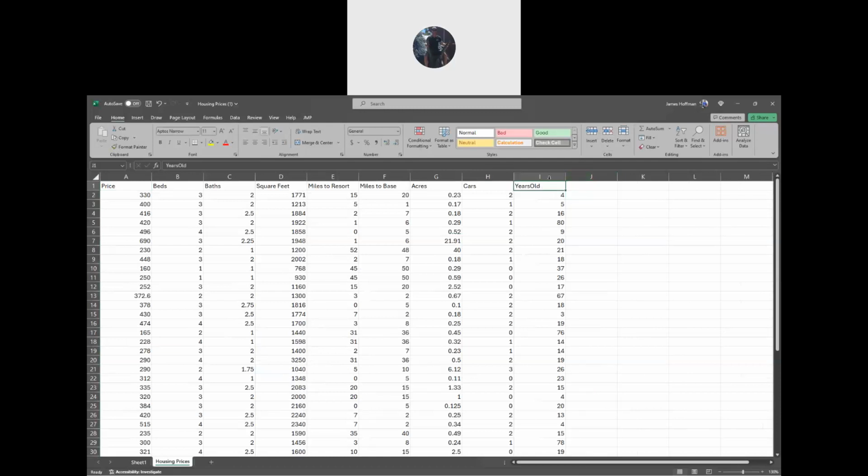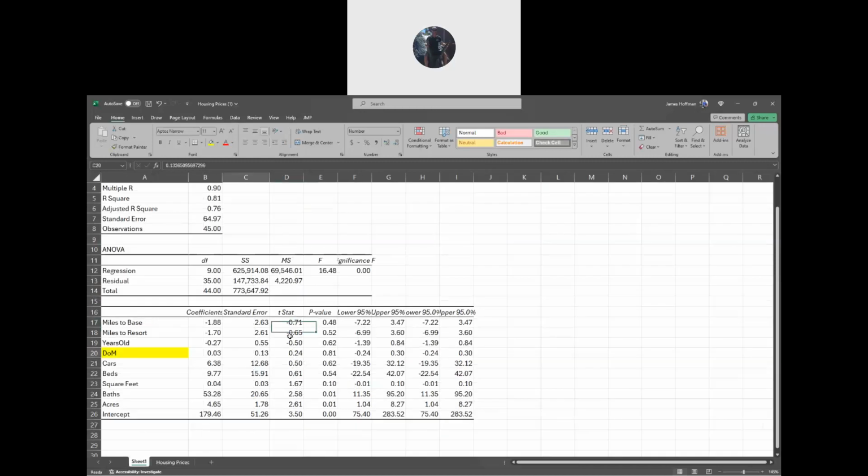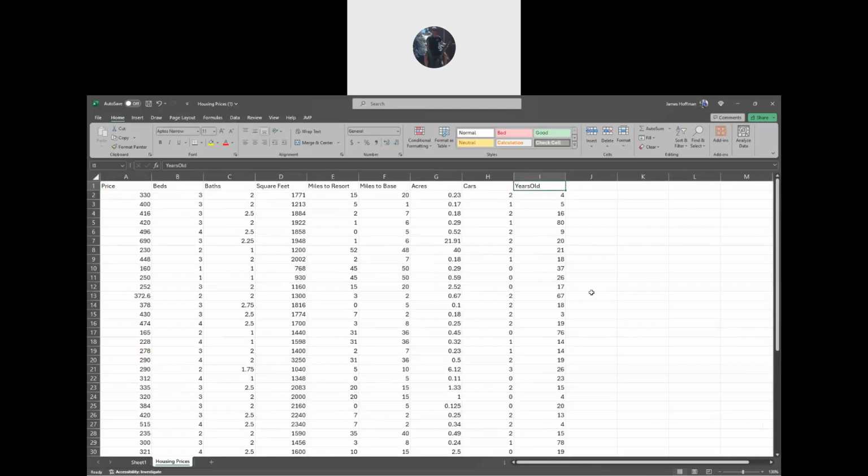Okay. And then let's run the model again with one less X variable. Did it change anything other than that? Yeah, it will change, because you'll notice at the end that it looks like only three variables are significant, but that's not the case if you take things out, because they're getting mixed in the effect. So now you just have beds, baths, square feet, miles to resort, miles to base, acres, cars, and years